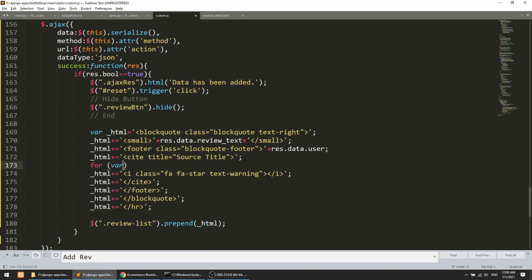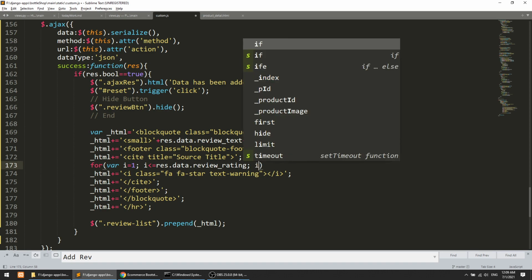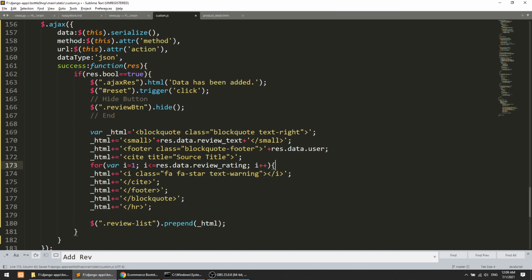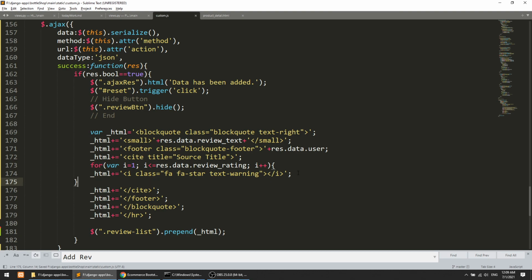For, where, sorry, for i equal to 1, i less than or equal to review rating, and then i plus plus, and we will encode this in this thing. Okay, so this will dynamically create the rating, and we have added this prepend. Now let's go to